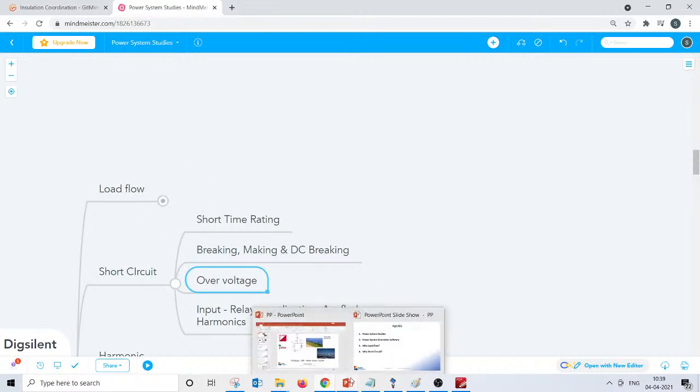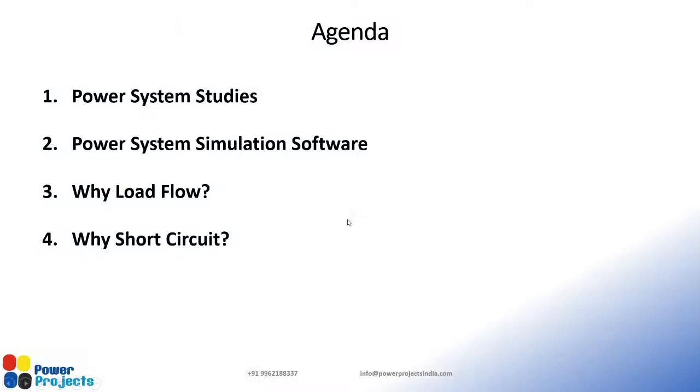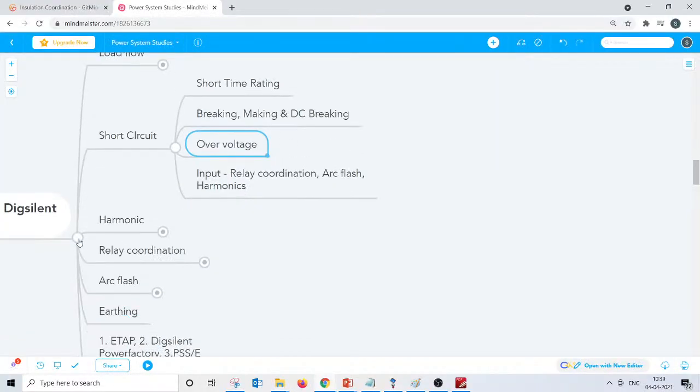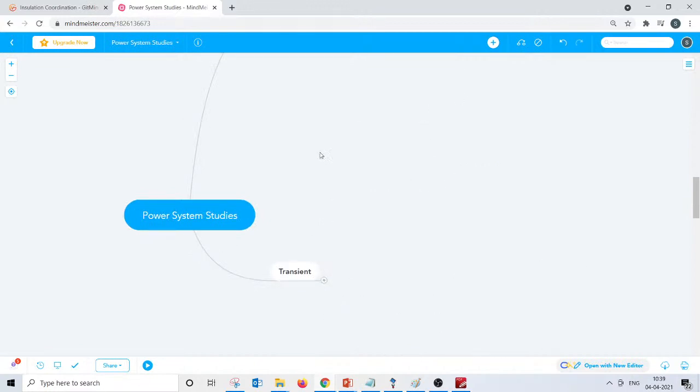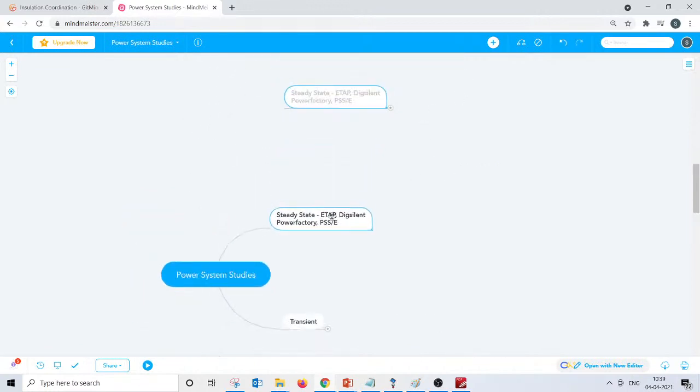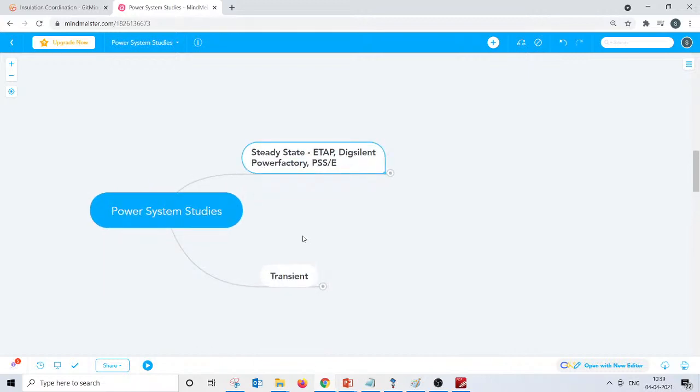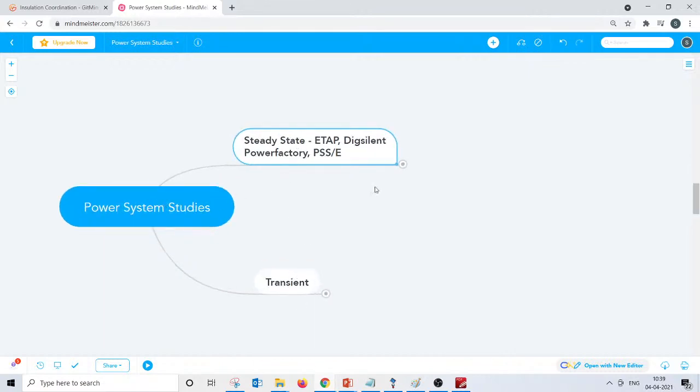Let me come back to the agenda of what we have seen today. We have gone through the power system studies: steady state and transient.